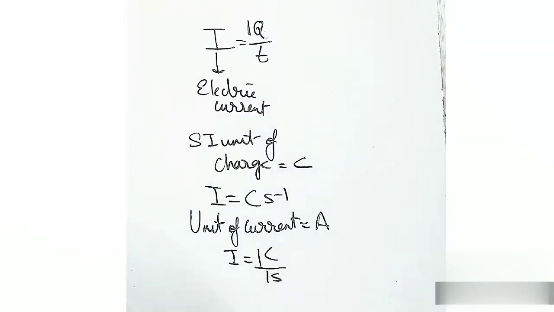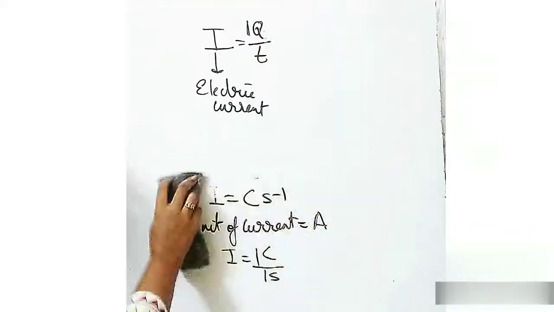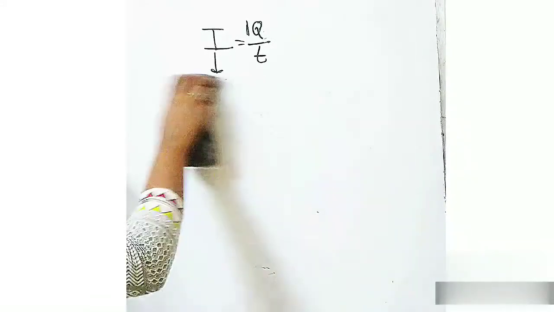Now we'll move to the next topic, electric potential and potential difference. What is electric potential? You may have a doubt about how the current is flowing. Without electricity, will the bulb glow? No, it will not. A battery or some external source should be attached. Then only the current will be flowing through it. So the big question is how the current is flowing.